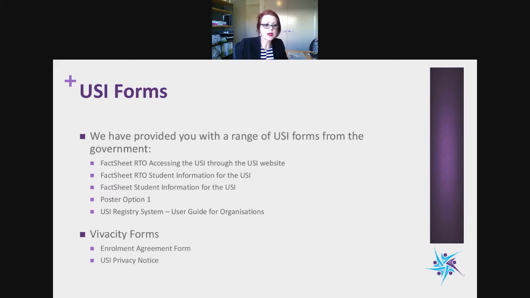including fact sheets about how the RTO can access the USI website, how the student can access USI and set up a USI number for themselves. And there's also a fact sheet on what their responsibilities are and what USI is. We also have a poster in there on USI. There's a range of USI posters that you can use that will assist you with promoting USI and how to